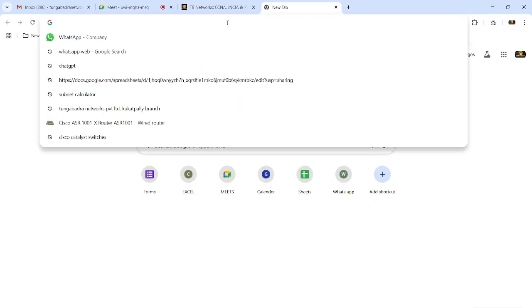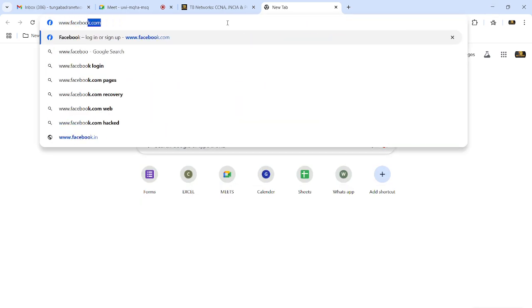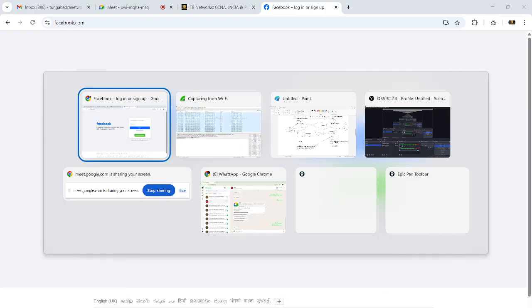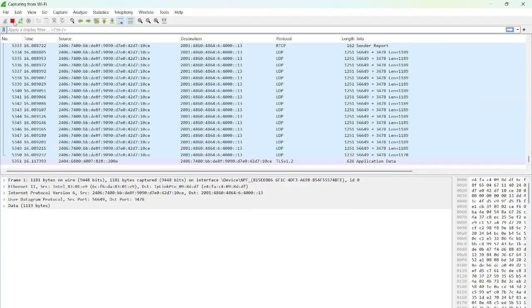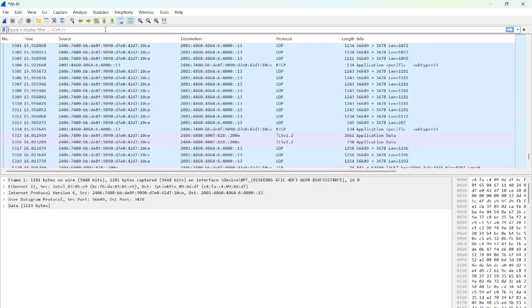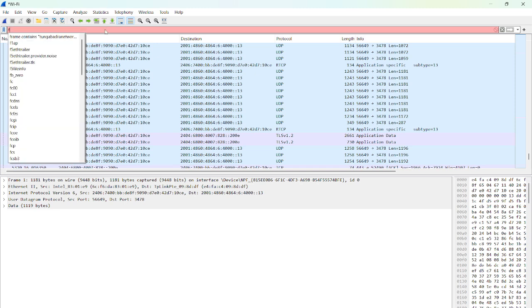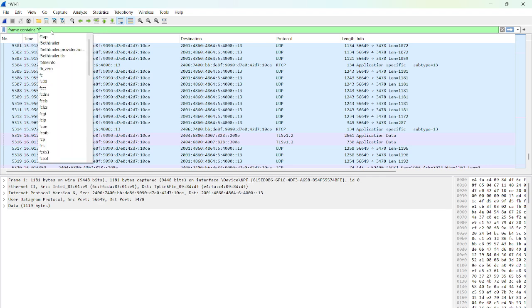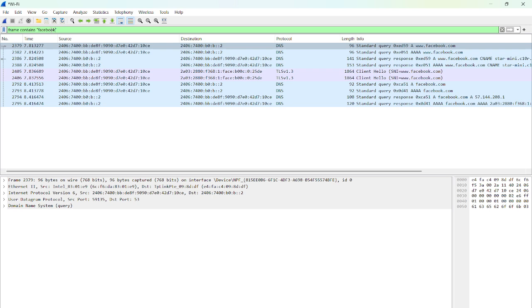Let me verify with facebook.com. Let me filter the frame for Facebook.